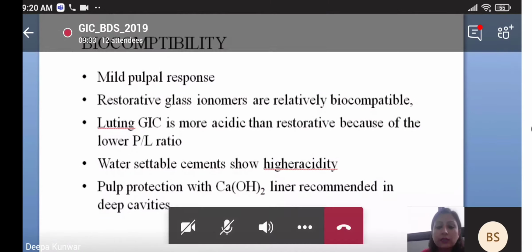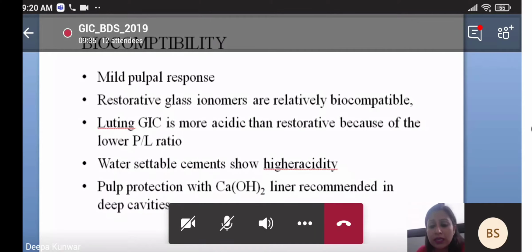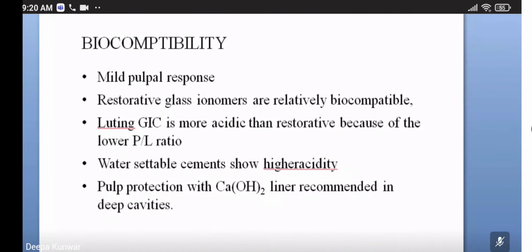The GIC surface must be protected after restoration with the glass ionomer cement. We used to protect it to prevent dehydration or premature exposure to the saliva. Okay, that is frequently asked. Whenever we do the restoration with the GIC, then we put Vaseline jelly, petroleum jelly above the restoration. Okay, normally what we say is to prevent it from saliva.